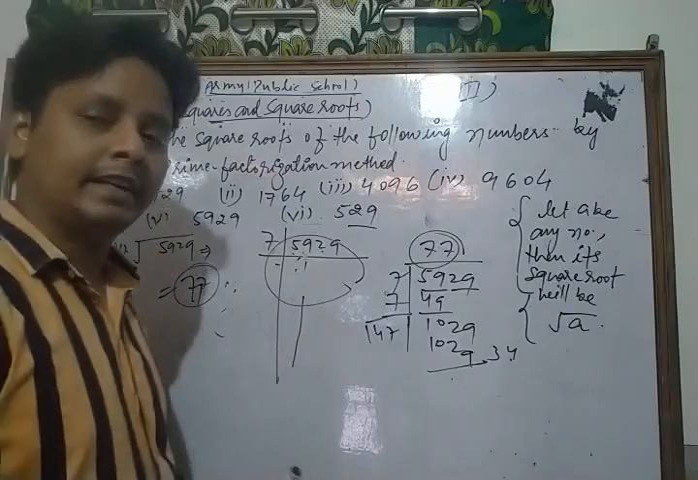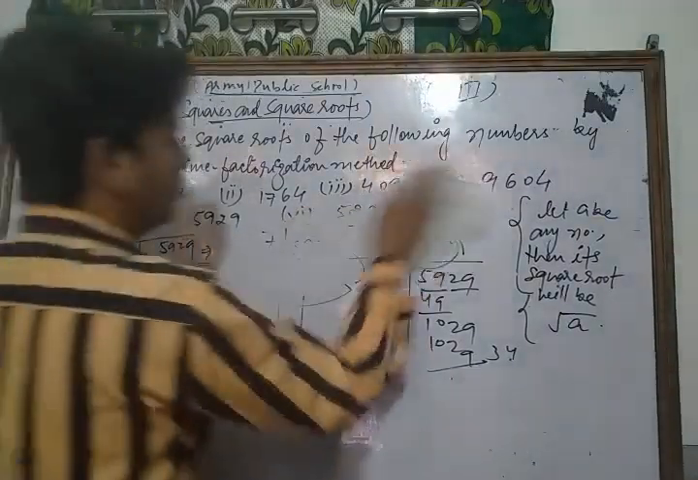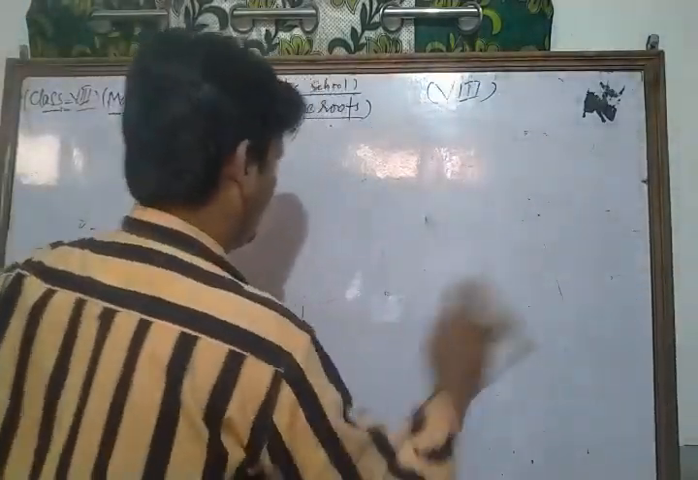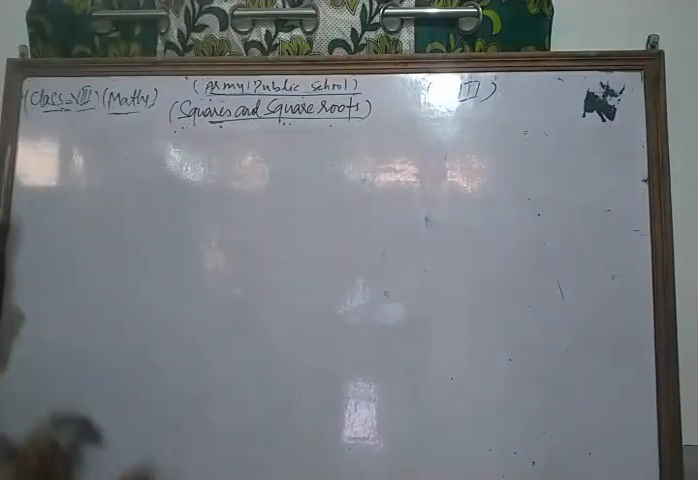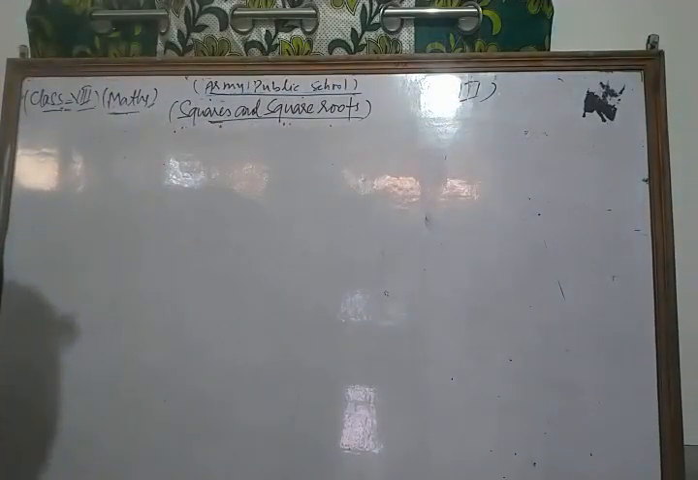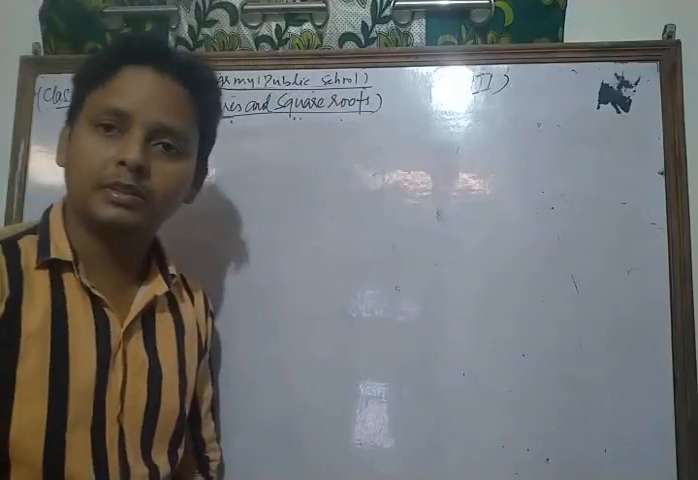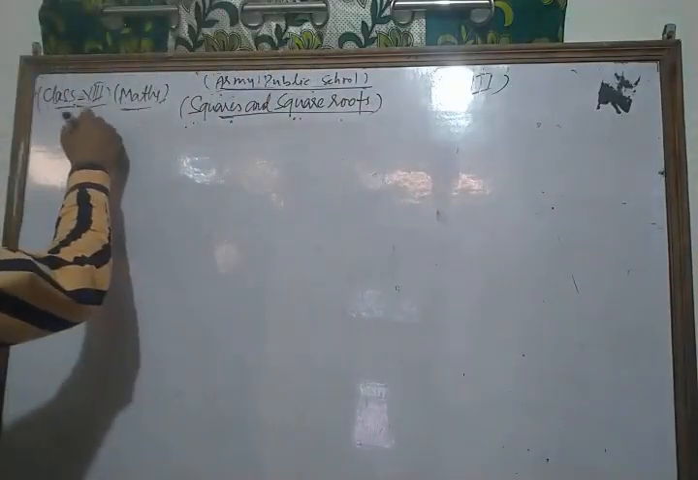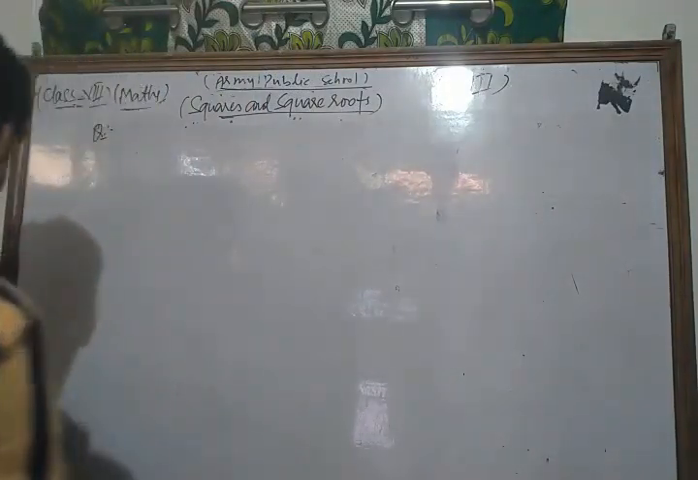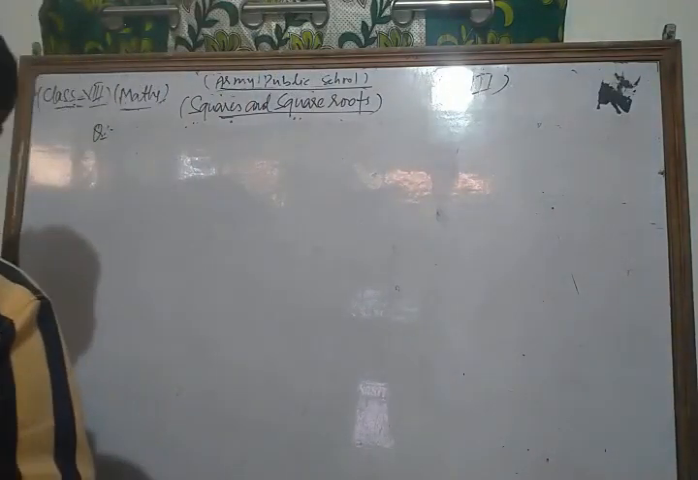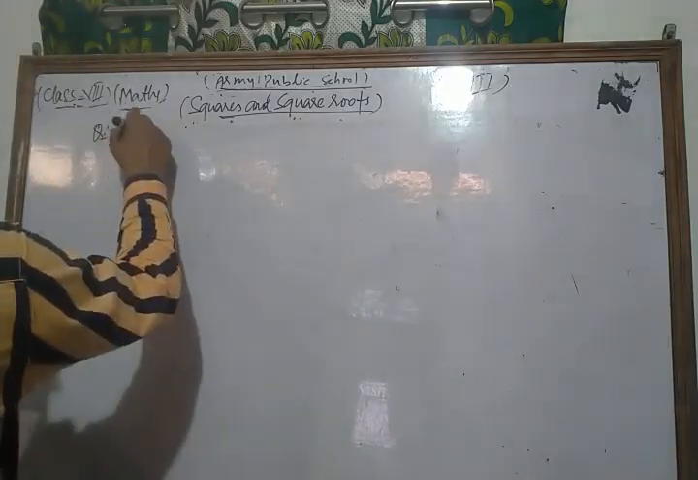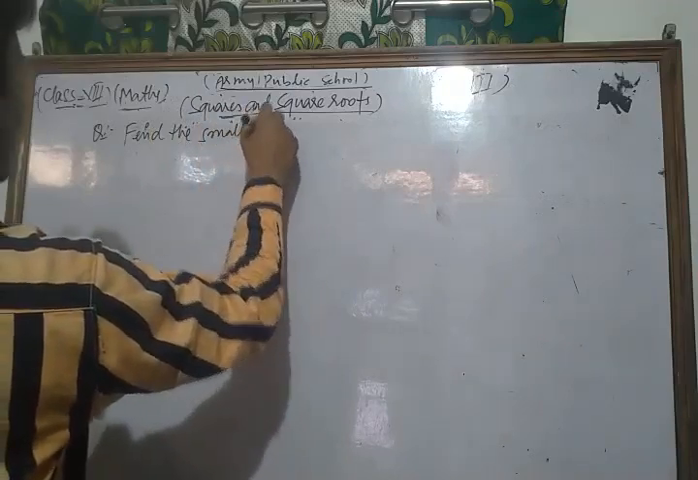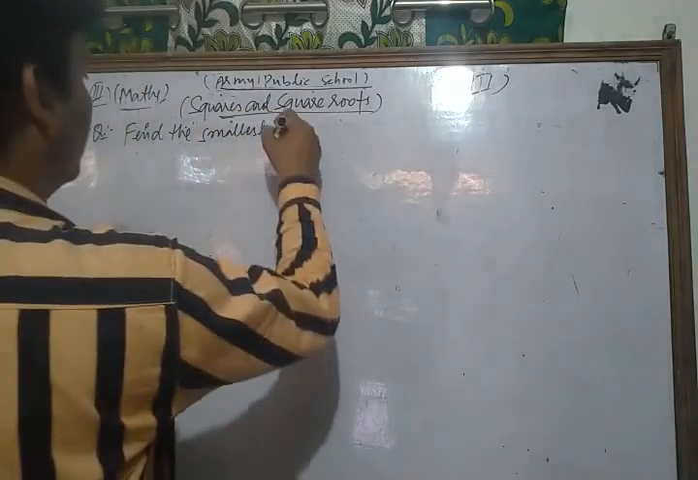Okay, now we take and solve some other important question of your syllabus. Okay, let's see. Now let's see some other important question of your NCERT exercise based on square and square root. Let's see this one. And your question is, find the smallest whole numbers